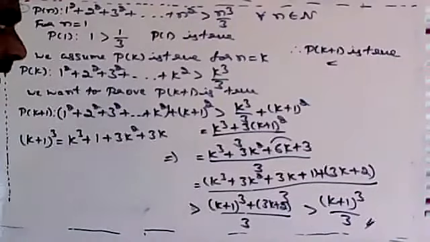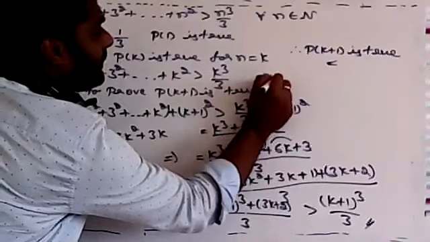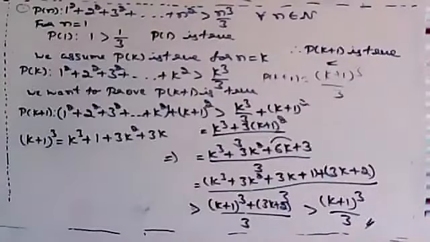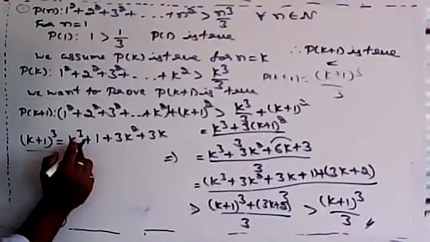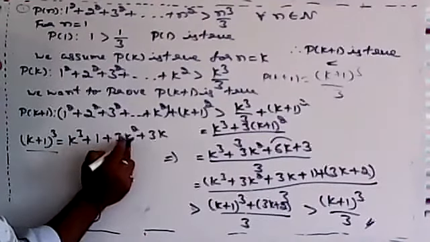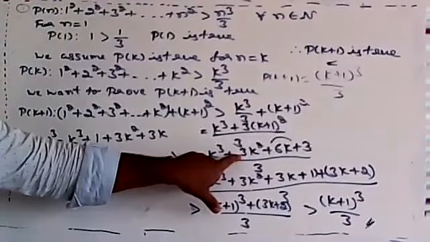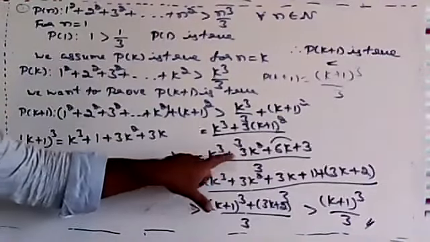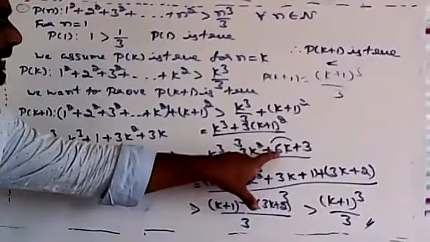Okay, so see here, but I want the answer as what? P of k plus 1 as k plus 1 the whole cube by 3 plus k plus 1 the whole cube. I want the answer. So k plus 1 the whole cube formula is what? k cube plus 1 cube is 1 plus 3a square b means 3k square plus 3k. Okay, so this equation will be rewritten as k cube plus 3k square plus this 6k is there, no?